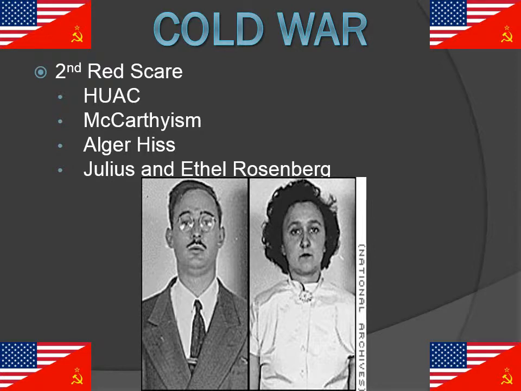These other two, Julius and Ethel Rosenberg, are the reason that the Soviets get the atomic weapon, or atomic bomb, and they will be sentenced to death because they will be convicted of treason, because they sold the plans to the atomic weapon, and in doing so, they will allow the Soviets to escalate this Cold War. So Julius and Ethel Rosenberg are probably two of the main culprits that are going to heighten the Cold War during this time period.